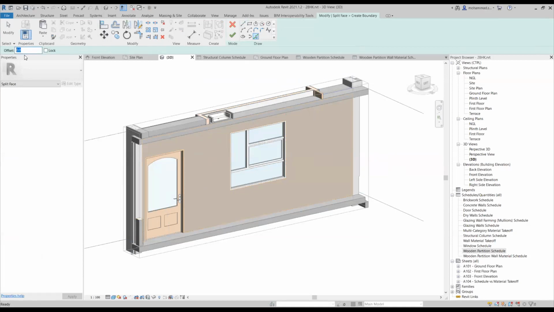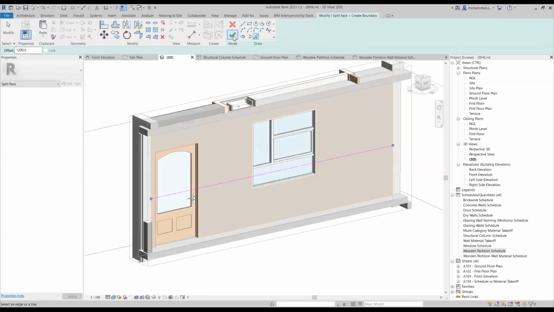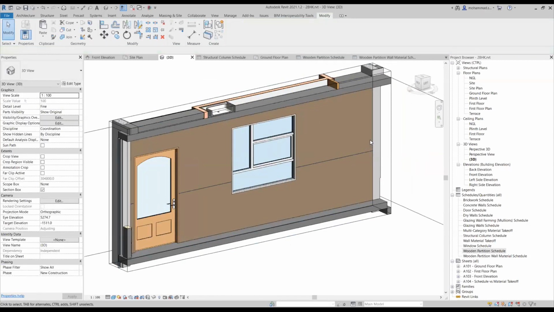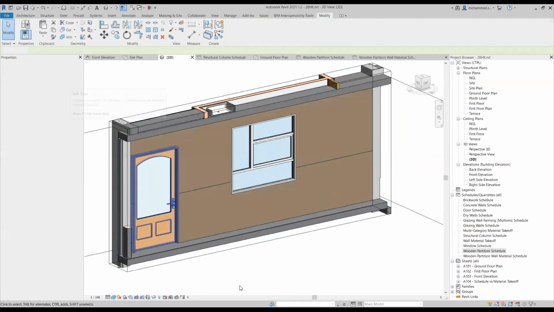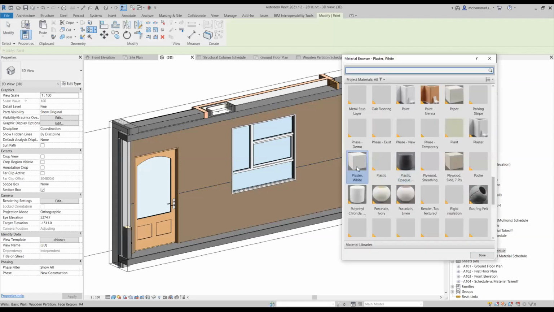I'm taking an offset of 4 feet, that is 1200 mm, and I'm creating another line here to divide this face. I'm not adding another layer, another physical layer to this wall family. I'm just editing in place. Now I can go for the paint option, which is available under the Modify tab, and can choose one of the materials from the list of materials I have got. And as you can notice, this plaster white is available here.